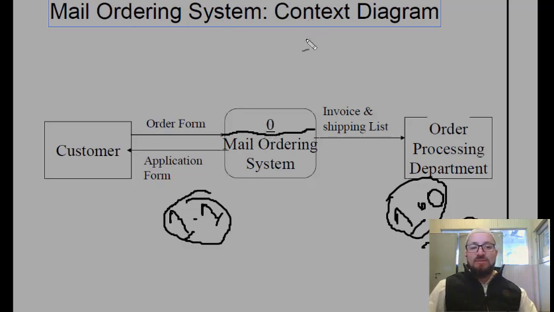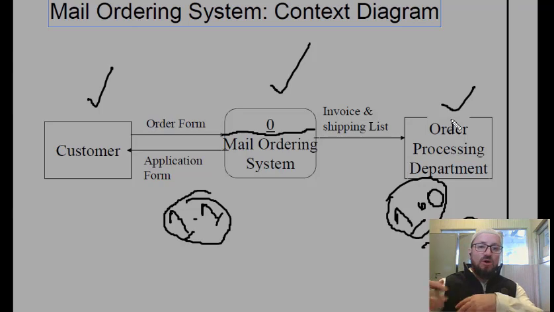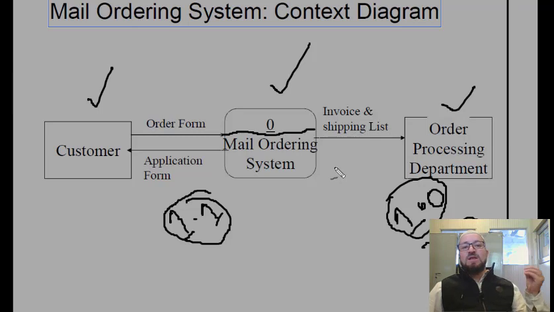सो दिस पॉइंट के बाद वो आपका डिपिक्ट करेगा कौन सी लेवल है। इसको हम जीरो लिखते हैं बट दिस इज अ कॉन्टेक्स्ट लेवल डायग्राम। तो इसमें मेन प्रोसेस हमारे पास होगी जो ओवरऑल सिस्टम मेरा है, दैट इज मेल ऑर्डरिंग सिस्टम। और यहां से मेरी एक्सटर्नल एंटिटी है कस्टमर एंड ऑर्डर प्रोसेसिंग डिपार्टमेंट, इसको मैं दे रहा हूं फिर ऑर्डर को प्रोसेस करने के लिए, दिस इज द external entity. So external entity is a customer which is coming to my system, and my system after processing and all invoice and shipping list मैं दे रहा हूं to the next entity that is order processing department जो उस ऑर्डर को फिर फुलफिल करेंगे, ठीक है।